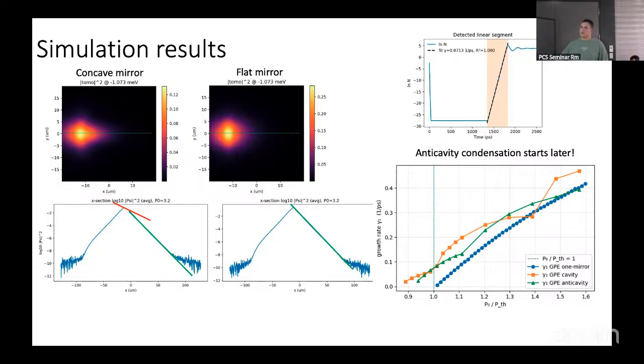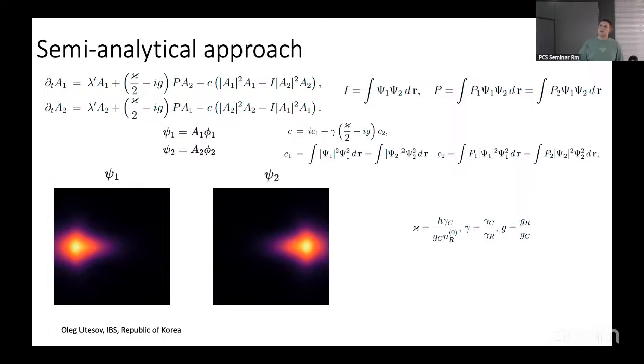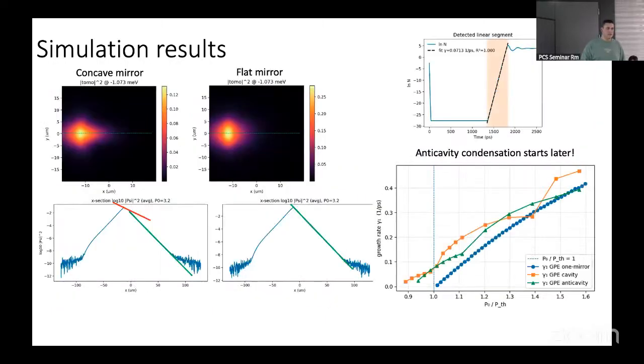So this is the main simulation result explaining what happened in the experiment. There is a peculiar result here: at some points the green curve has a higher growth rate than the cavity one. This is because of how modes interact with each other at high pumping. But from this picture, we should know that